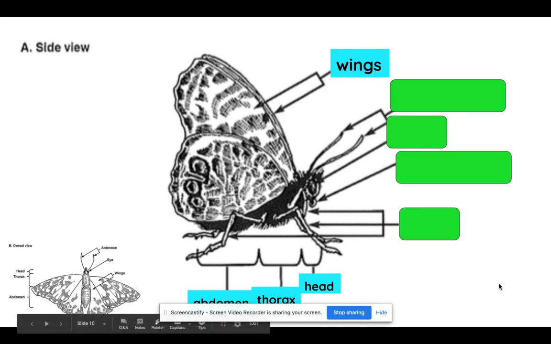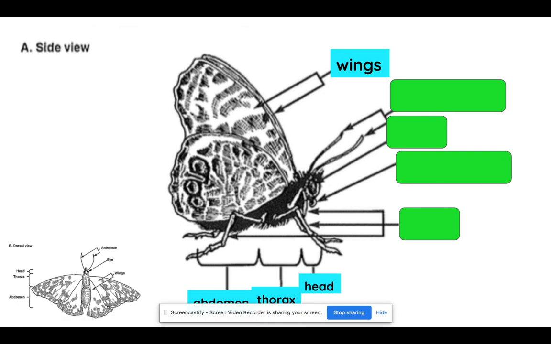So the wings, the first ones there are the wings. They are used, as you would assume, for the butterfly to fly. But the reason that it's important for the butterfly to fly is for it to protect itself from predators, especially birds. So when the butterfly is noticed by a bird and the bird is trying to come and eat it, the butterfly then pushes its wings and then it's allowed to propel through the air and it flutters in a unique pattern that then the bird is unable to predict